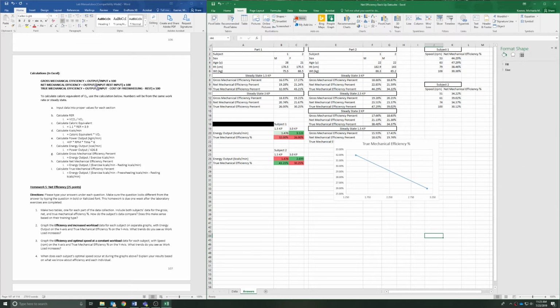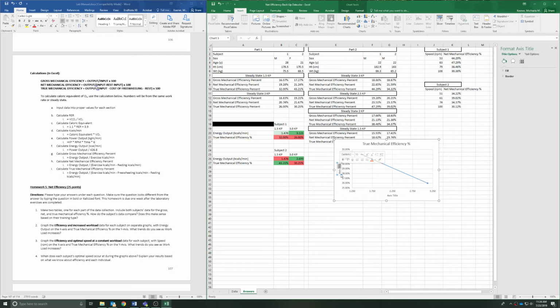Then you'd go in and you'd insert a little comment bar or text to just let us know that this is at 1.5 kp and this is at 3 kp, because our axes doesn't let us know that information,